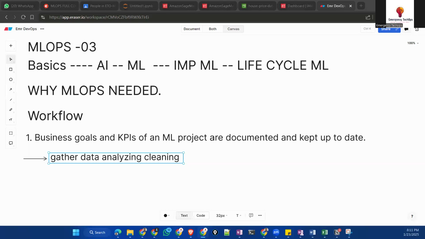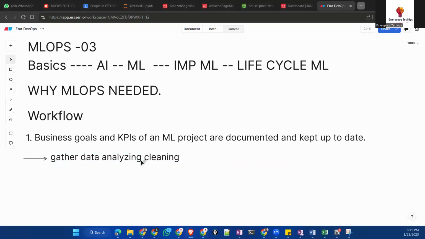Then we move forward to the infrastructure level. We need to define the infrastructure to run my model. In this infrastructure as code, you can take CloudFormation or Terraform. Also you have to utilize source code management like GitHub, Bitbucket or GitLab, and then develop the code for your model.